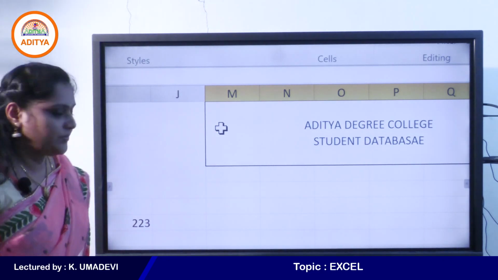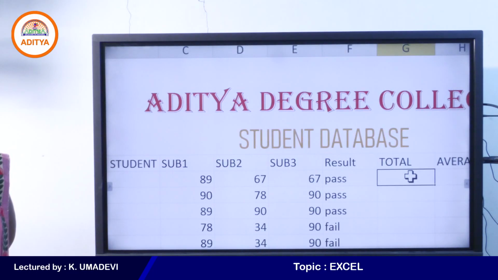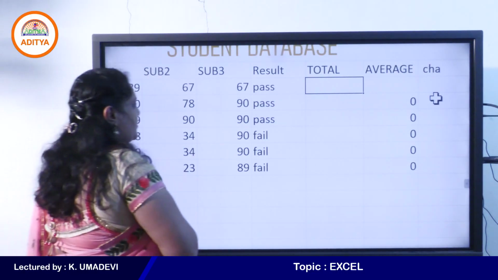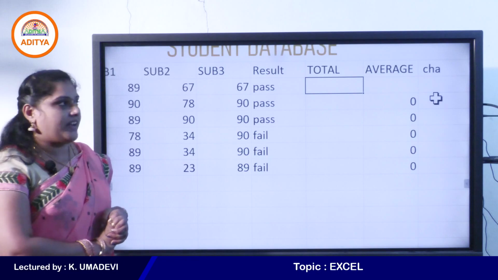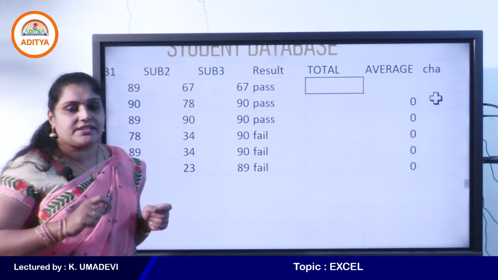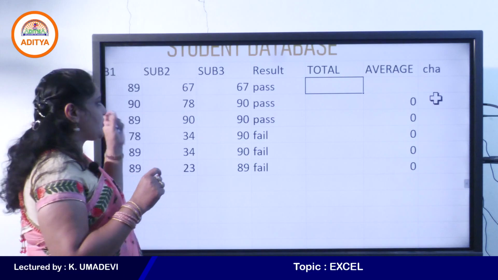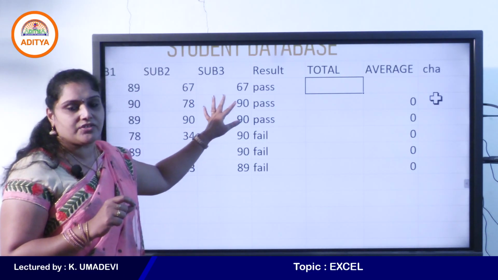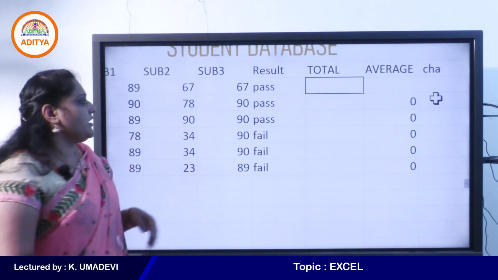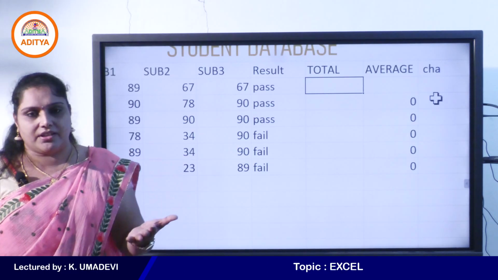Okay, I will show you the formula for the question. Again use if function. Just observe the screen, students. See here, my question is, the total should be displayed if the result is pass. If the result is pass, then it adds all the subject values. That means we use sum function, right? Instead of true, we use sum function. If the result is fail, the total should be 0. That means we use 0 instead of false.